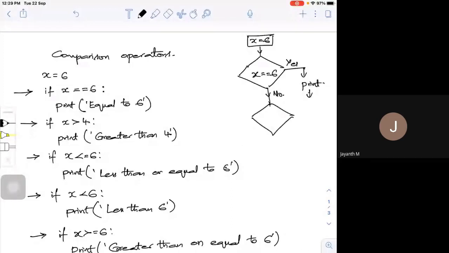So it need not be, see, I can have not only one statement, I can have n number of statements here. With one condition, I can print, I can do n number of calculations. Say for example, I have an equation y is equal to ax square plus bx plus c. I want to calculate that equation for all the values of x less than 2 and sum it up. Just an example I am trying to do.